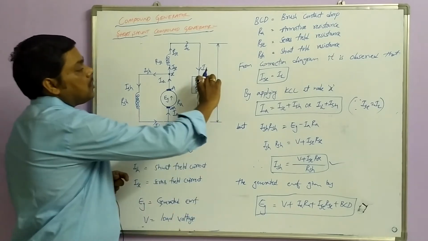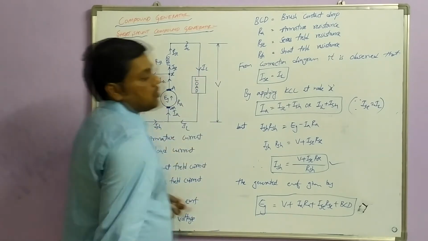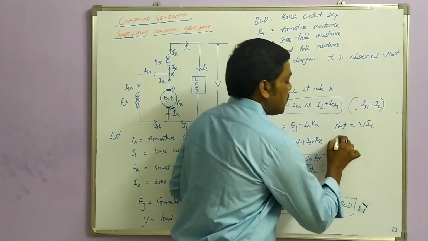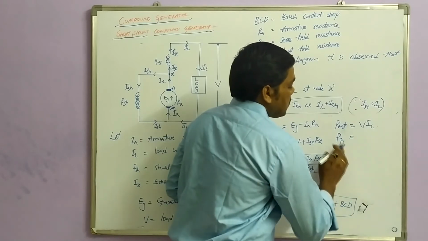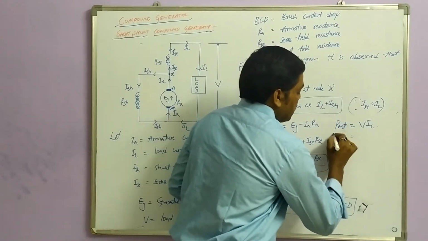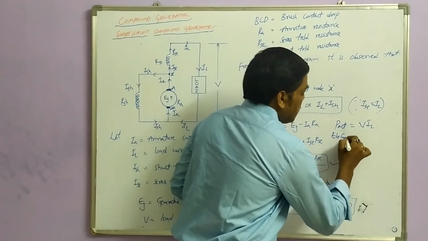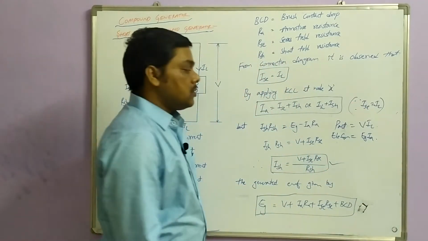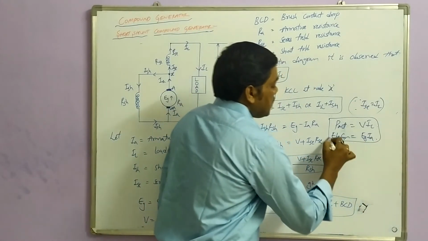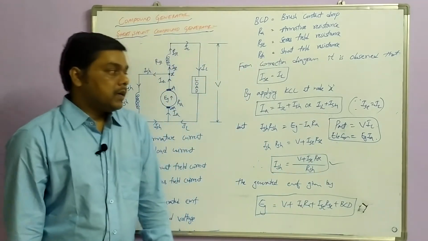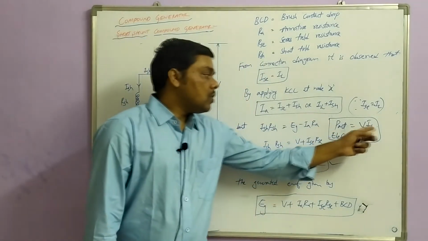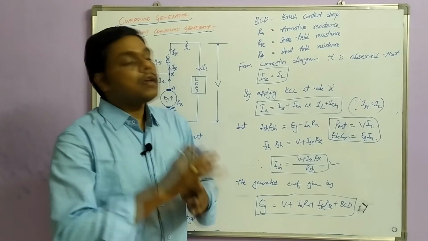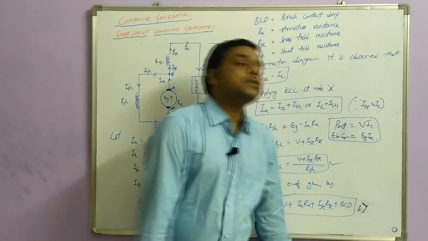Now what is the power delivered to the load? We can write it as P output, which is nothing but V into IL. And P in, we can calculate as the electrical generated power, which is equal to Eg into Ia. This is the simple power relation we have; we'll discuss it later. So this is the power delivered to the load, and this is the actual generated, that is, the mechanical equivalent electrical power generated, Eg into Ia.